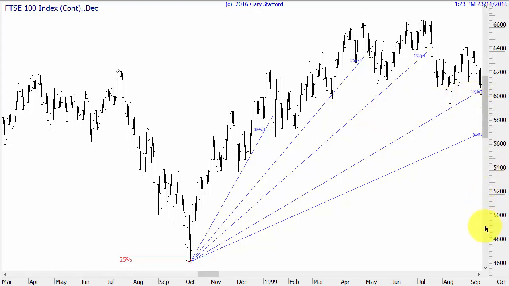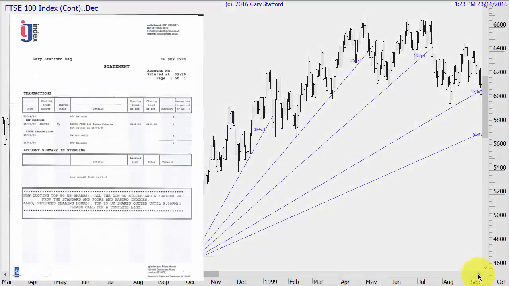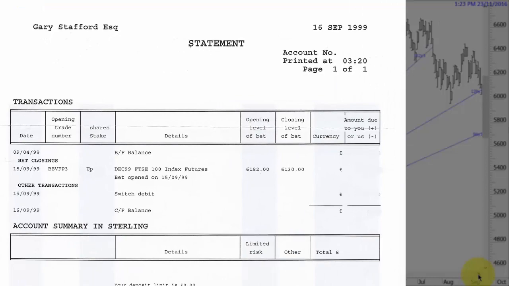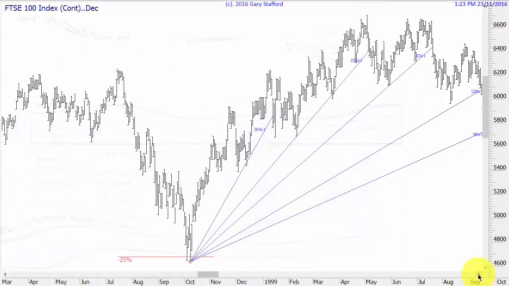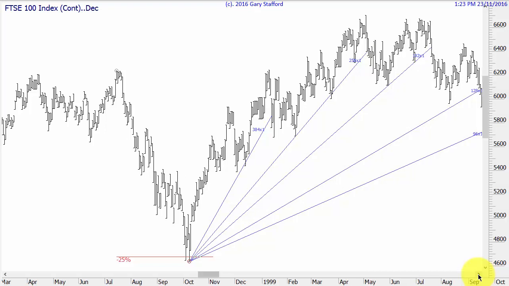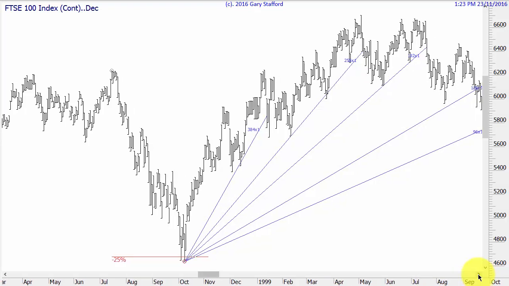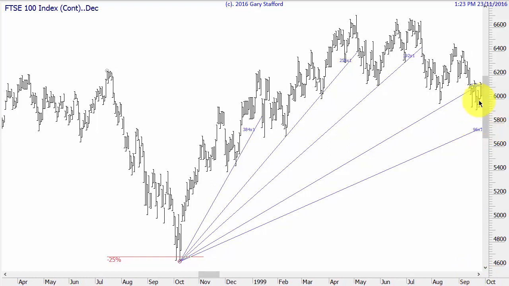So, although I was pretty upset at the time, I was glad to be out, because you've got to take a small loss. It's very easy making back small losses. It's very hard to make back big losses, and if you would have stayed in, you would have made a big loss. Yeah, then it goes back up again, and then it comes down.